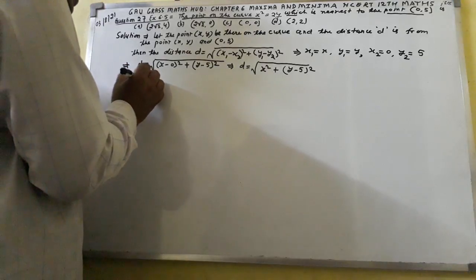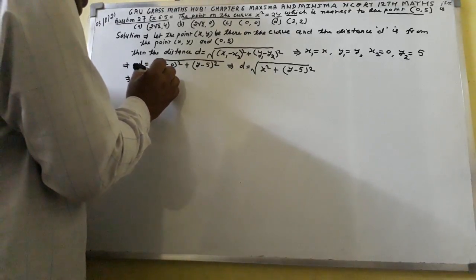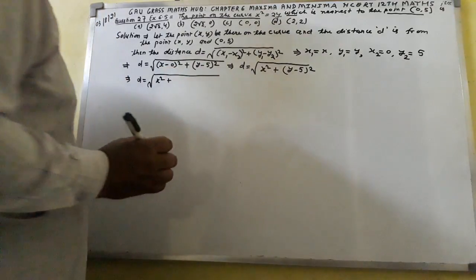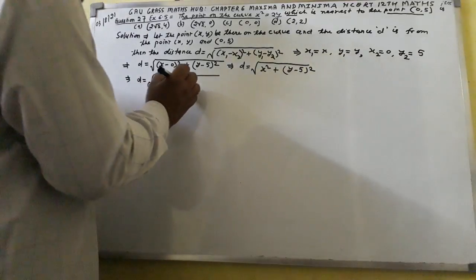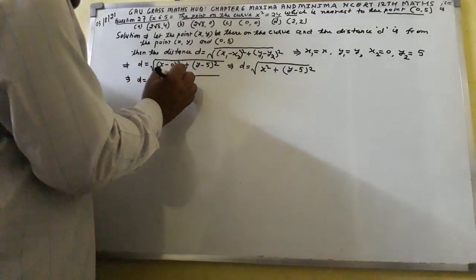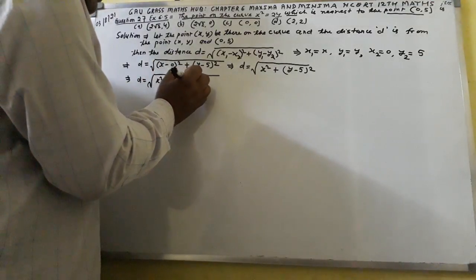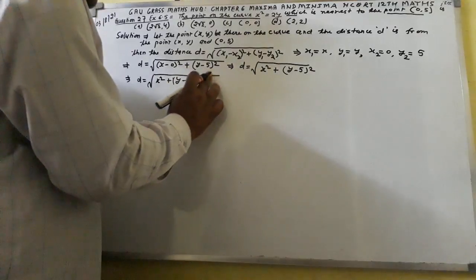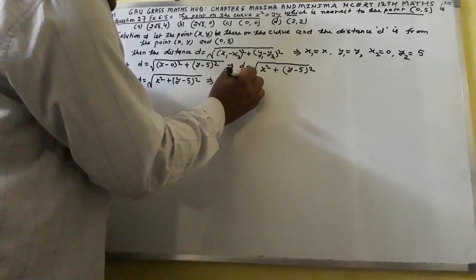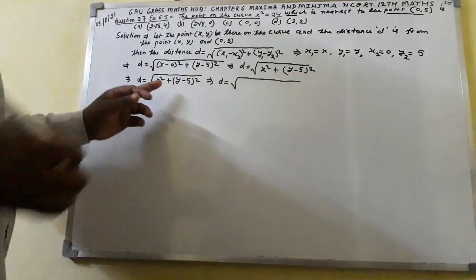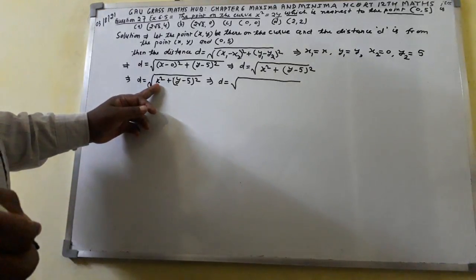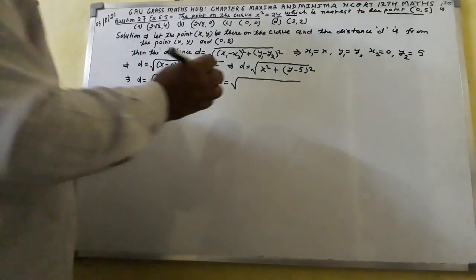Implied that d equal to under root x square plus (y minus 5) whole square. You will get here (y minus 5) whole square. Implied that d equal to under root here x square. In place of x square I shall put 2y. So here 2y